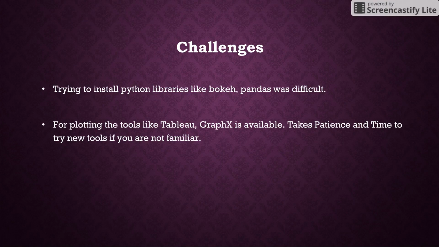The challenge I had: while running the program, I had no problems. But when I wanted to actually plot this data, I wanted to install Python libraries like Bokeh and Pandas, but that was not being allowed in PySpark. Maybe it's a limitation of the setup, not my own knowledge, but I'm still not able to download these Python libraries and work with them. So I looked out for new tools like Tableau and graphics, but at one